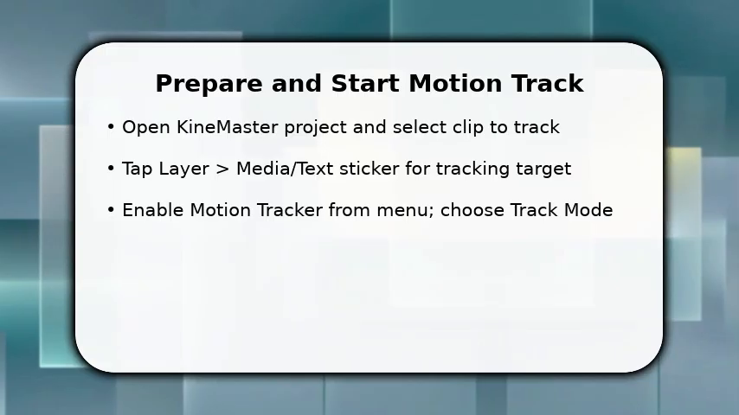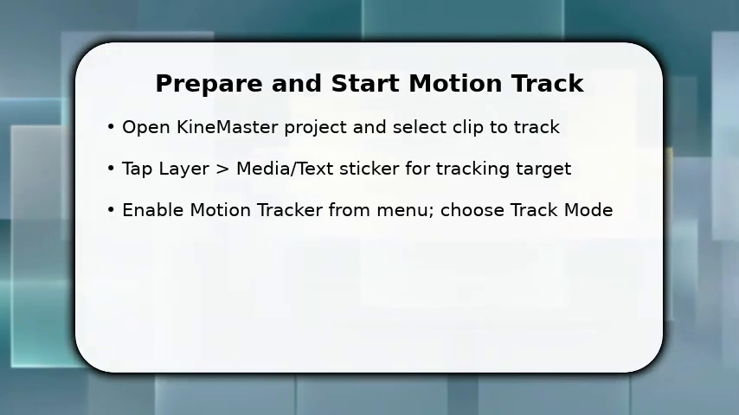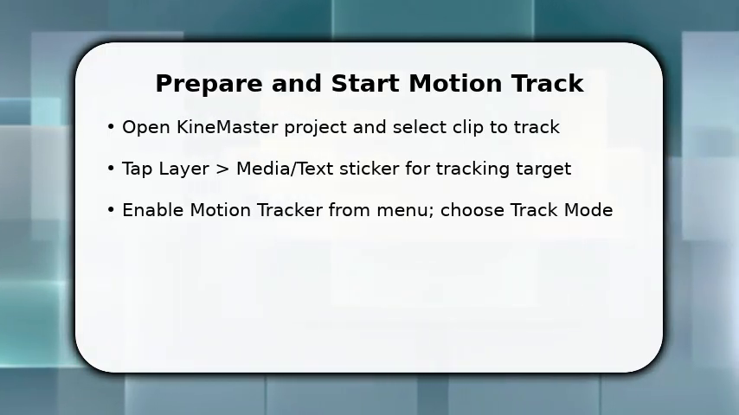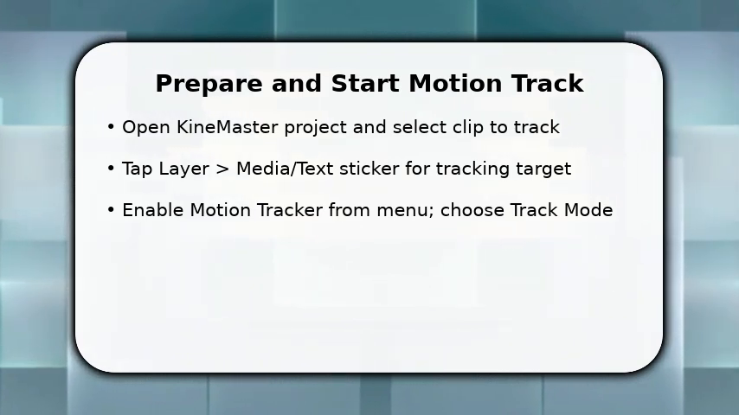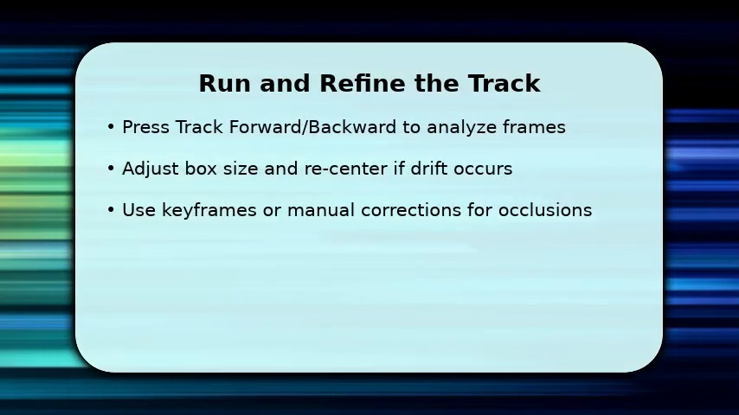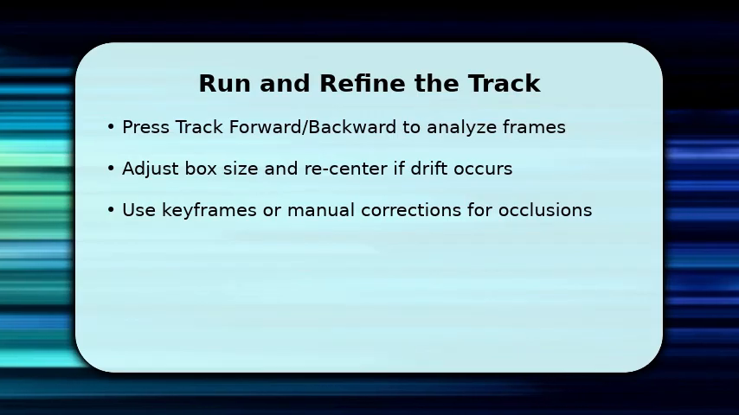Make sure to trim the clip to the active range so the tracker focuses on the relevant frames. You run the tracker by pressing Track Forward. Kinemaster analyzes frame by frame to map movement. Watch progress closely. If the box drifts, pause and resize or recenter the target so the algorithm has accurate reference